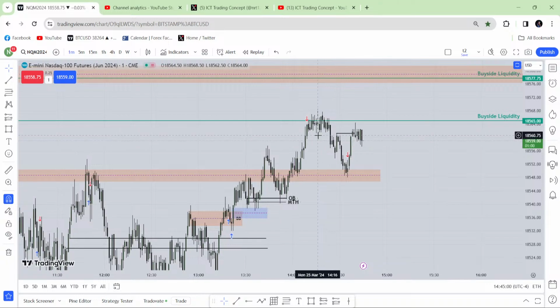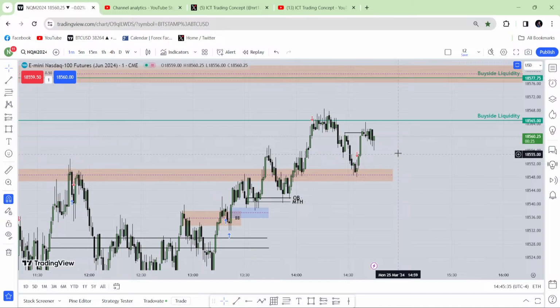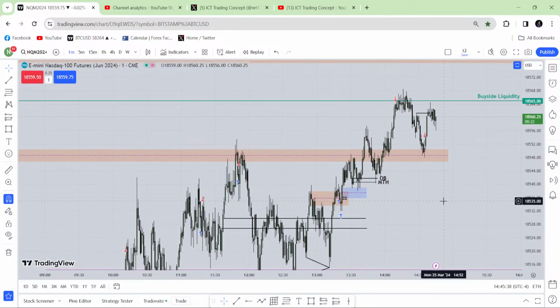The only thing I don't agree with you is the market structure shift. This is not an absolutely perfect market structure shift in my opinion. I wouldn't take that entry. Even if I was looking for a sell, I wouldn't take that entry because that market structure shift was not clean. But otherwise, it was rejecting from the new week opening gap. You saw this as a market structure shift, though it's not perfect, but it was just cool. Then immediate reaction, 1 2 3, within 3 candles it has traded that fair value gap, went lower. So yeah, but I was just reading the story, what is going to happen.